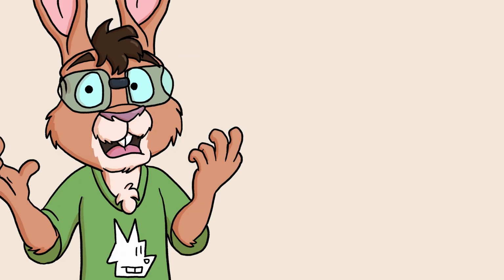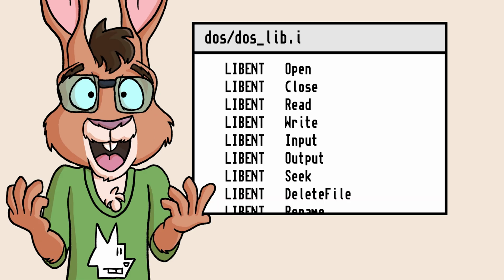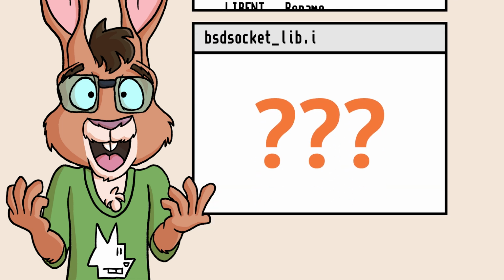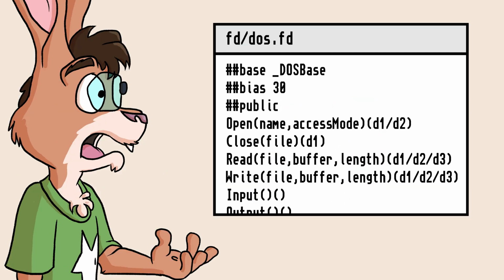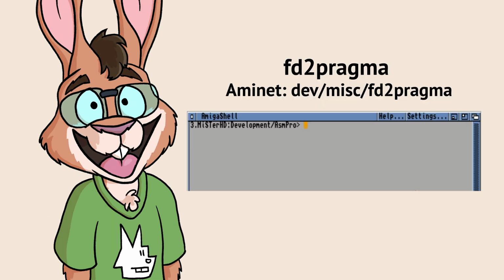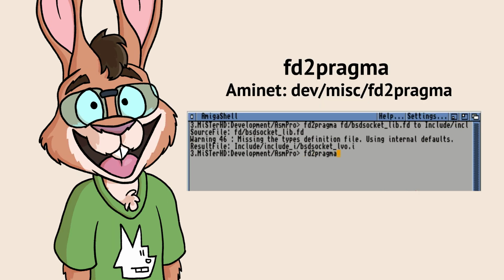The assembler headers in the NDK are a little incomplete. Most of the interesting functions in the DOS library don't have LVOs. Also, we need the LVOs for the BSD Socket Library. Remember that FD directory from earlier? FDs in Amiga speak are function definition files, and they define the library's functions and parameters. The order of the functions in the file determine the numeric value of the LVO. We can use a tool called FD to Pragma to create our own assembler include files for the DOS and